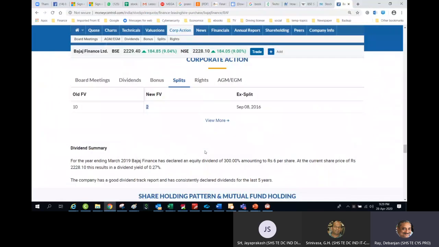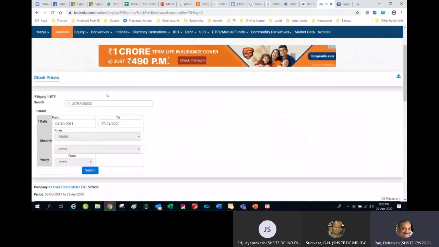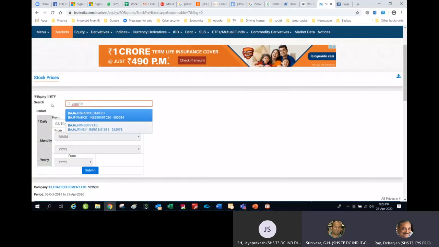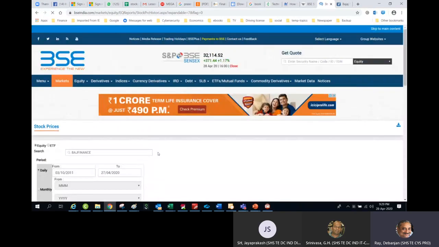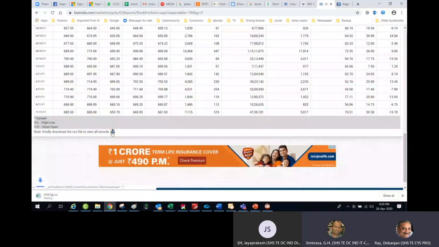Now, take one hypothetical example, because I need to show you how this stock split is adjusted. I need to go to the Bombay Stock Exchange. Let's see, I am trying to include the Bajaj Finance. I will download this one.